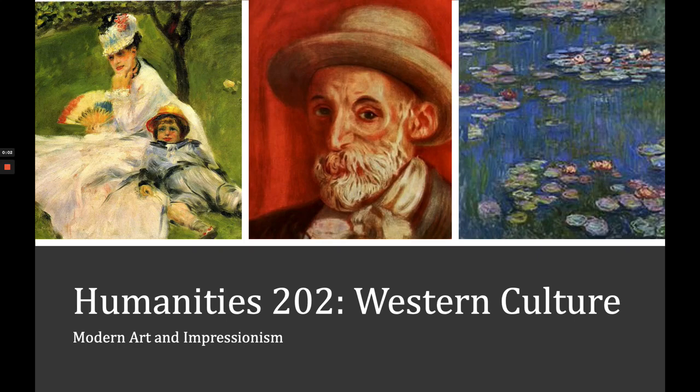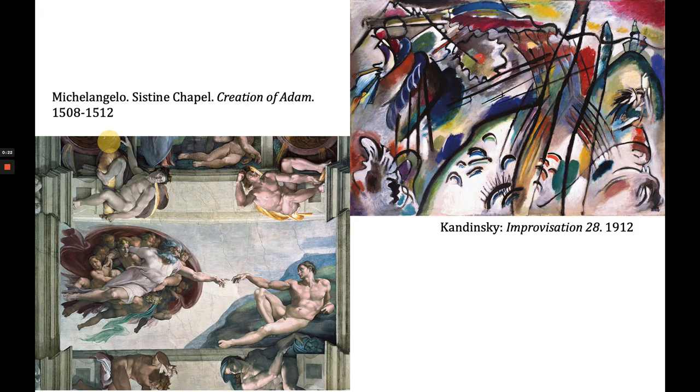Everyone, welcome back. Last time we were taking a look at the major philosophical and historical changes of the late 19th century leading up to modernism. Today I wanted to continue on with that theme and examine some of the basic principles of modern art and why modern art starts to look different.